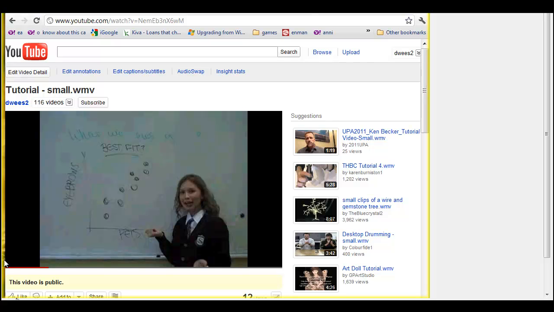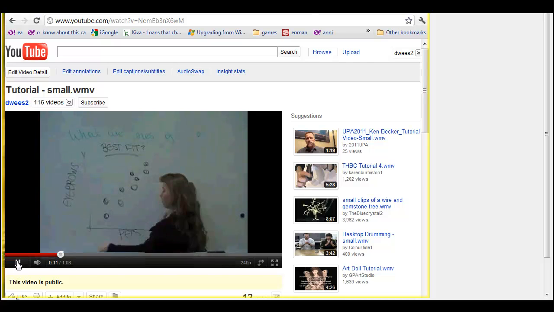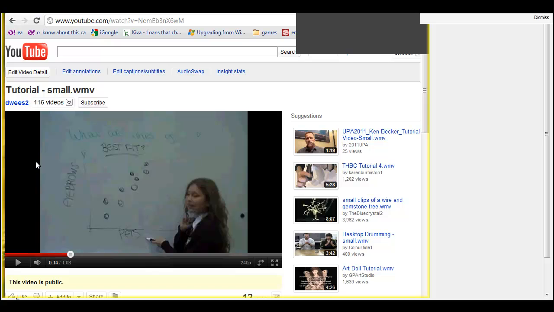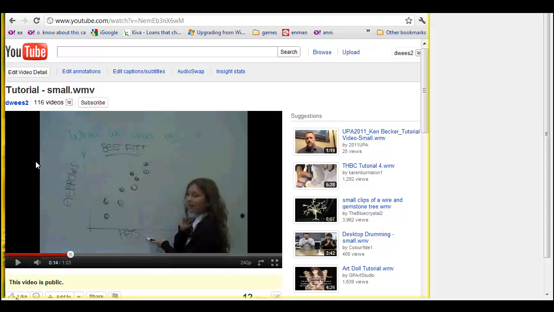This is one of my students. I think you can tell from the way she's moving that she's, anyway, so she's doing a tutorial on linear regression. And she's interested in it, and she's sharing stuff. And she's actually done something quite clever, which is that she's got two variables she's chosen deliberately, which there is no way that there's a nice, perfect line of best fit between the number of pets you have and the number of eyebrows you have.